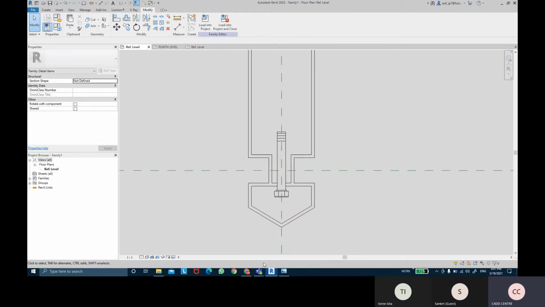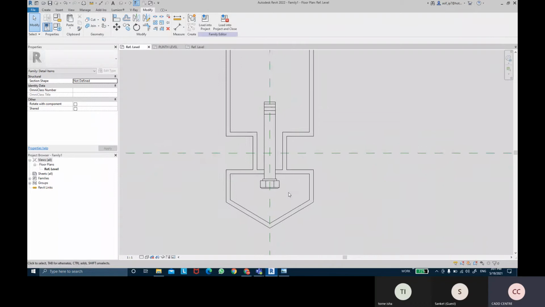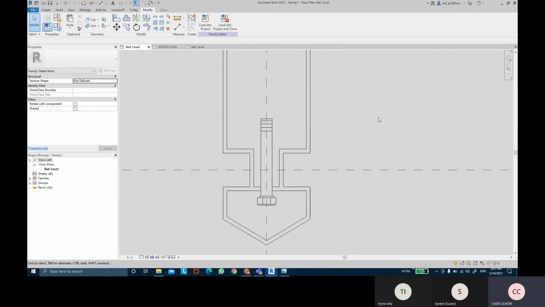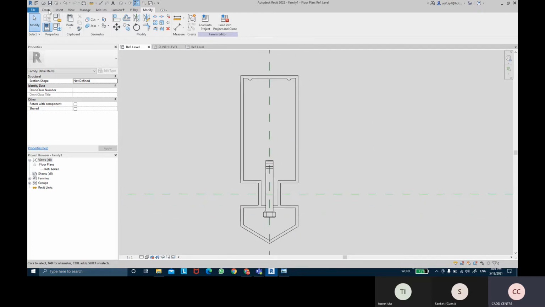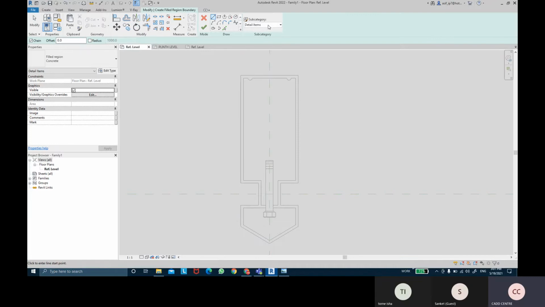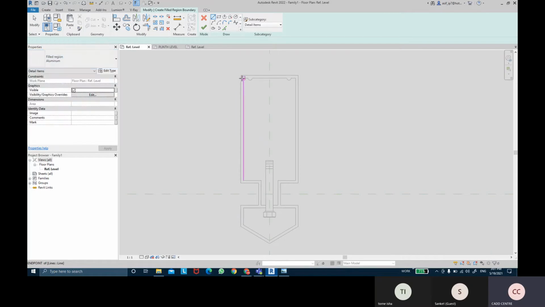I'm gonna add the other details that we're supposed to create, like these clip details and other things, the dash gates or anything else like that. You can add that as well. Whichever detailings you want to add, that's up to you. What shop drawing details you want to create for the profiles. You can also add fill details as well. So you can take filled regions and give a little bit details of filling.